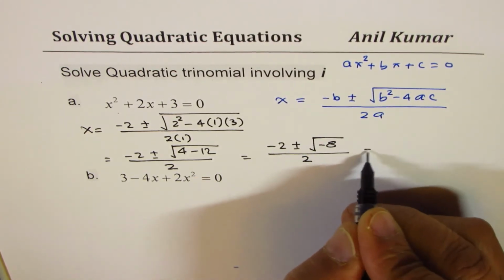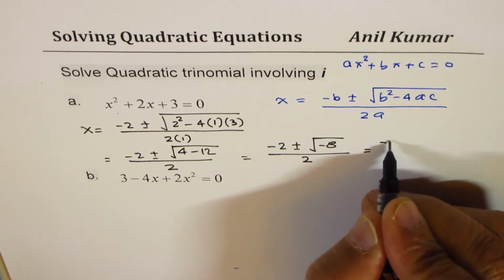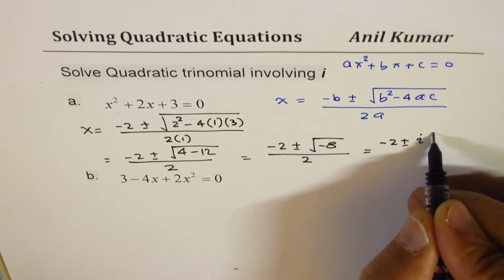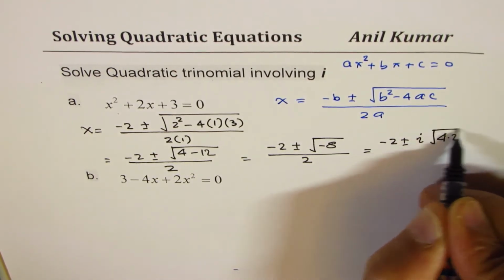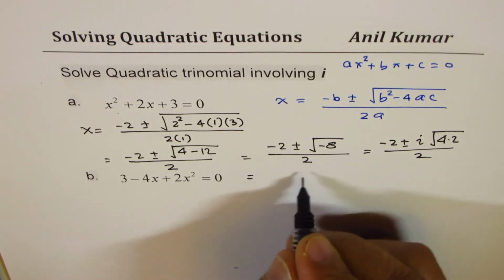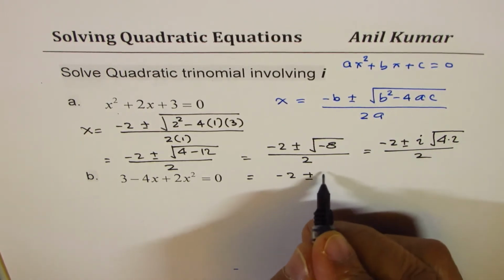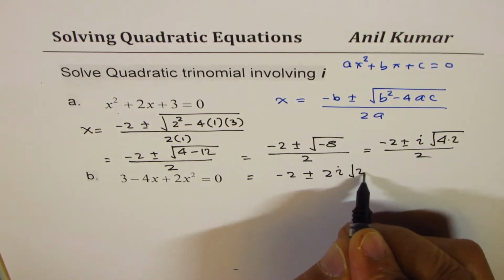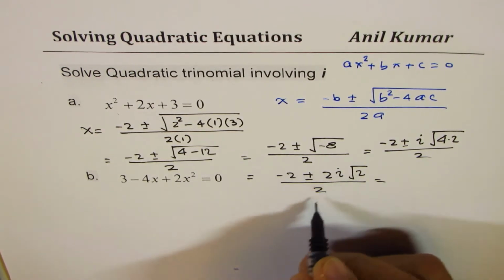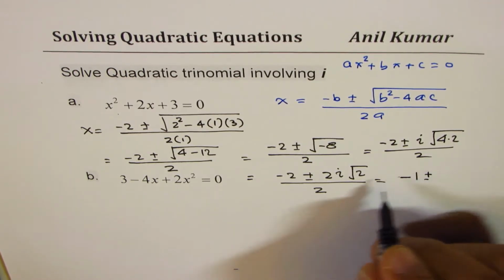divided by 2. Now for complex numbers, square root of minus 1 is iota. So we could write this as i here. And 8 could be written as 4 times 2, right? So what do we get? From here we get minus 2 plus minus, square root of 4 is 2, so we get 2i square root of 2 divided by 2. You can divide both of them by 2. So we get minus 1 plus minus